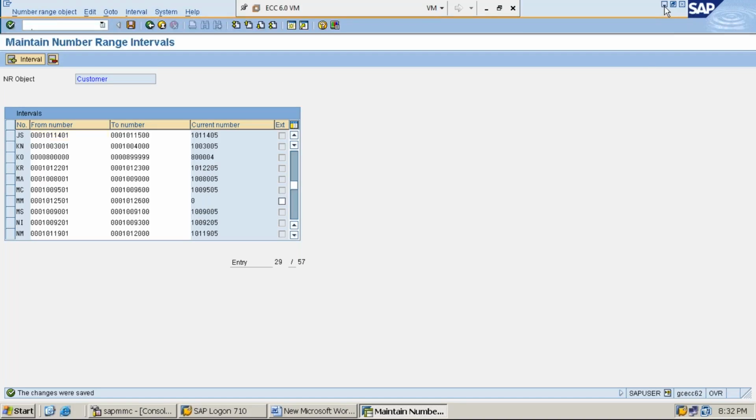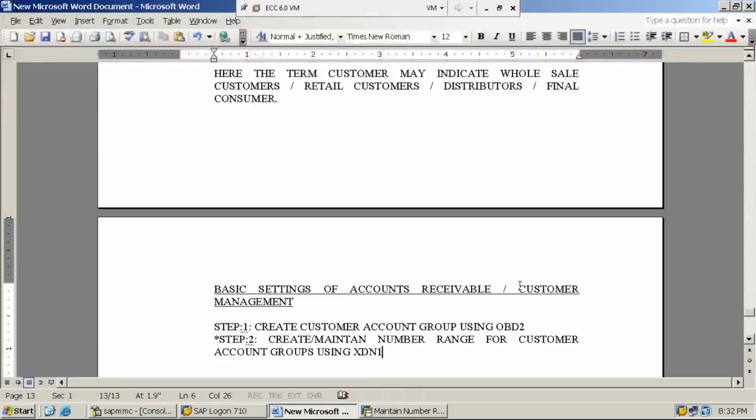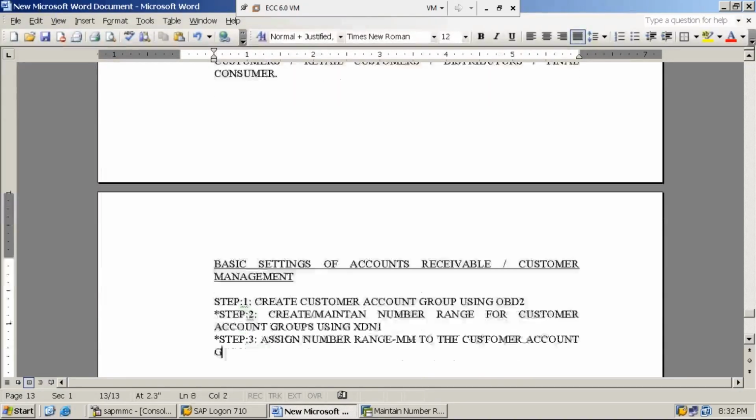Next, step number 3, important. So keep a star mark again. Step number 3, assign number range MM, which we have just created in step number 2, to the customer account group MMI1, which was created in step number 1. So assign number range MM to the customer account group MMI1